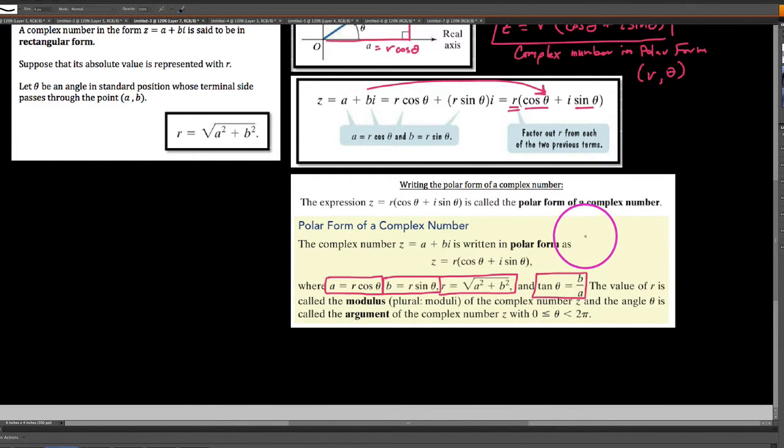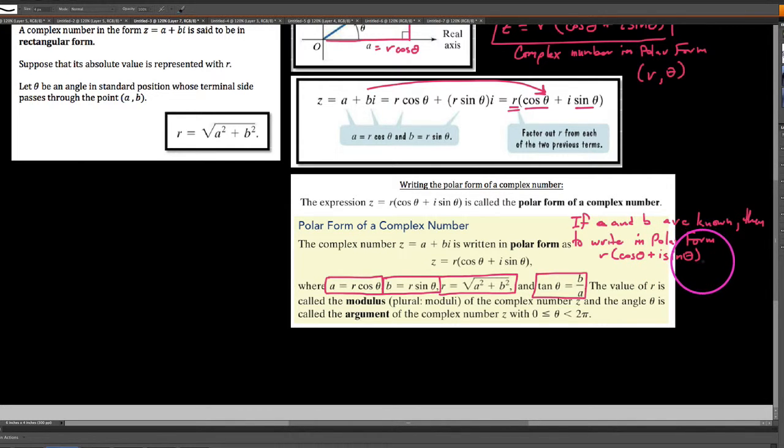One thing I'm going to mention is this: if a and b are known, then to write in polar form, r cosine theta plus i sine theta,